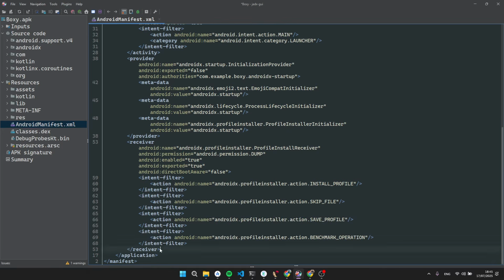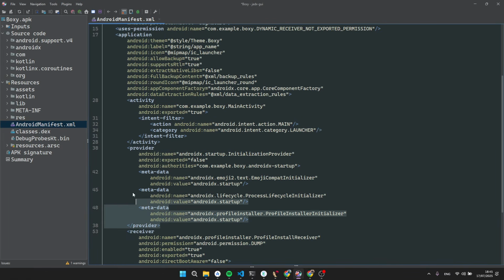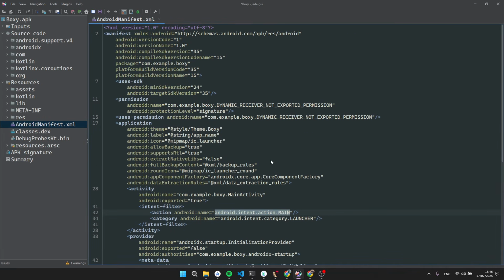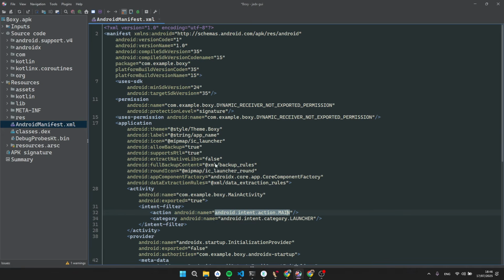We have some interesting receivers, so that means this application is going to be receiving something. We also have some providers, and we have the main activity, which usually has the intent filters of main and launcher. Yeah, there's not a lot of interesting information in this manifest file, so maybe we go and check out